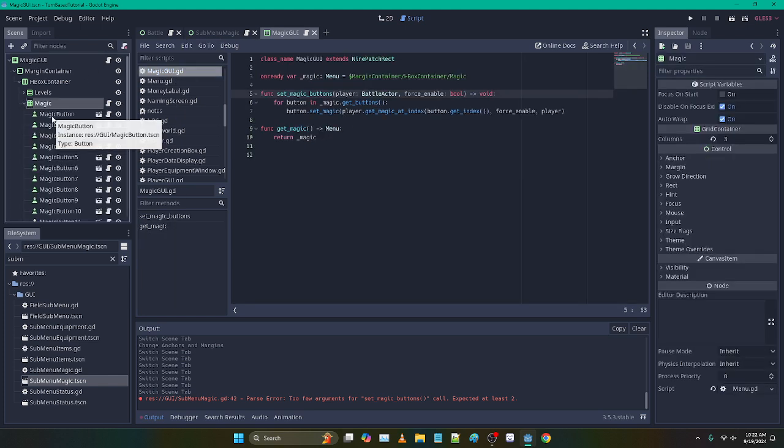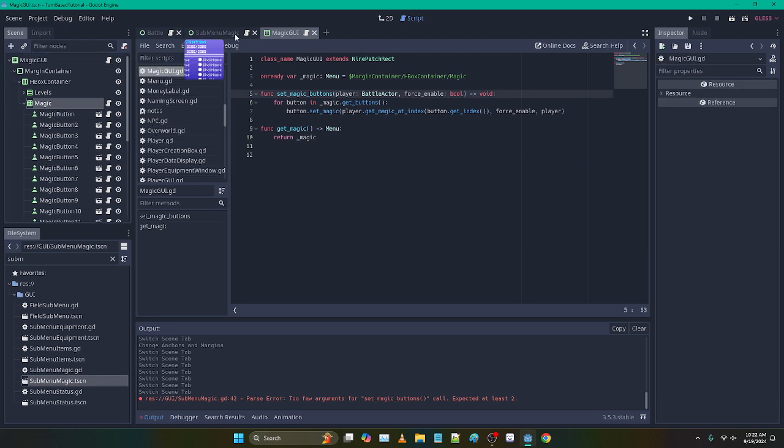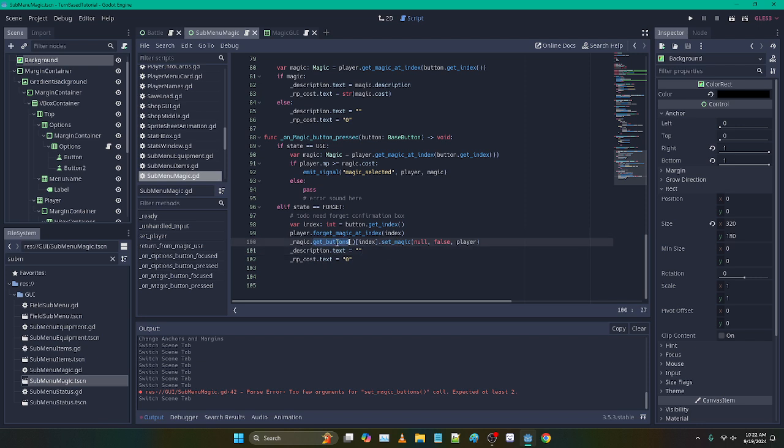Magic buttons? Let's go back here. Magic get buttons index. We're going to change this to get buttons. And yeah, so we need to send through the index,